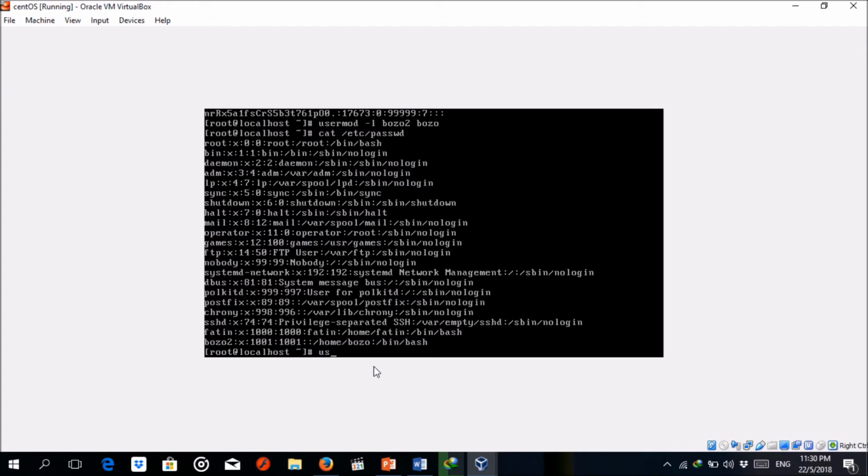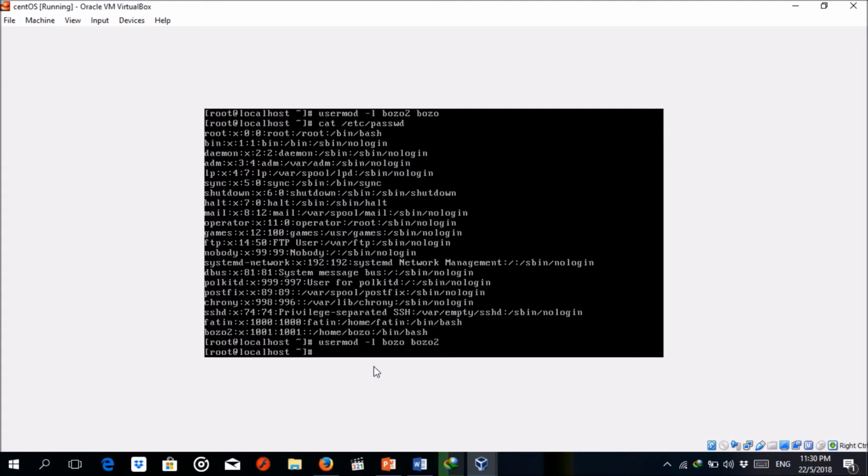And next, you type usermod -l bozo Bozo and press enter to change the login name for the user Bozo 2 back to Bozo. At the command prompt, type usermod -l Bozo 2 and press enter to change the login name for the user Bozo 2 back to